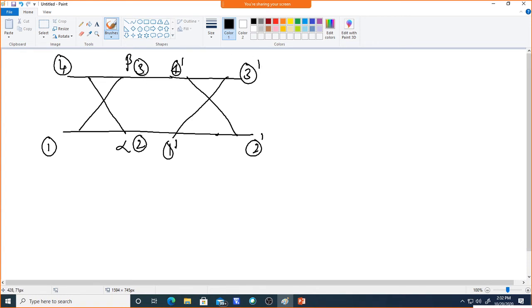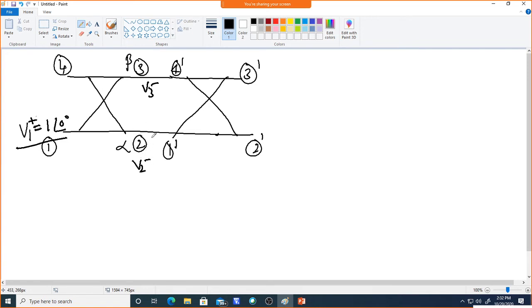Now first we need to find out, for example, if I input V1 here at an angle, that V1, which is given as input power, is equal to 1 at an angle 0. So if I input the power here, the incident power we can write as V1 plus, which is equal to 1 at an angle 0. Now we can find out the corresponding reflected waves, V3 minus and V2 minus.